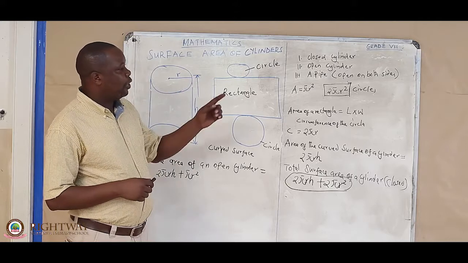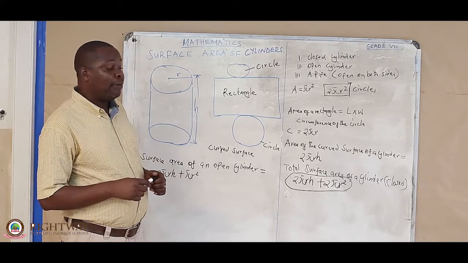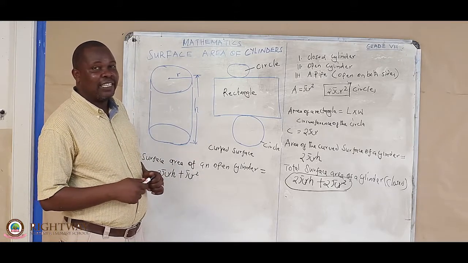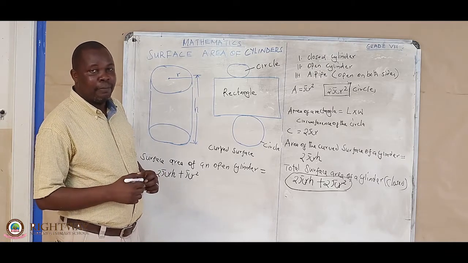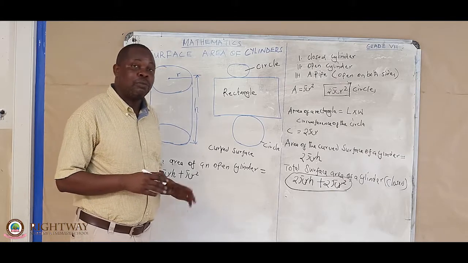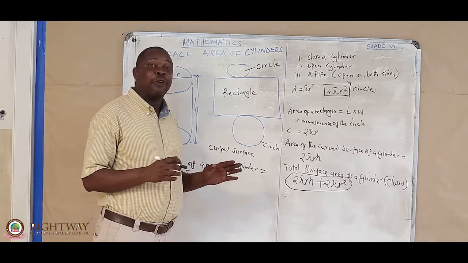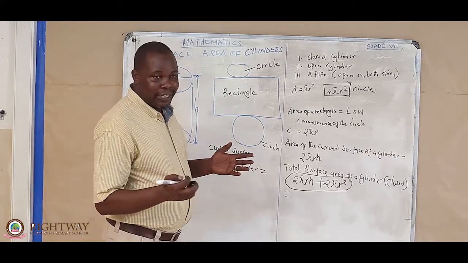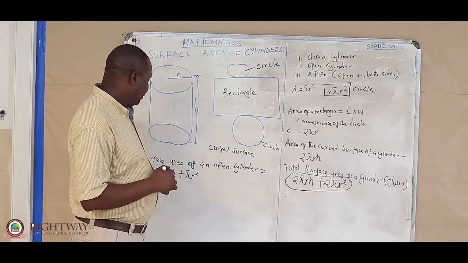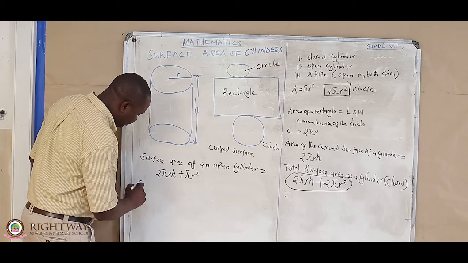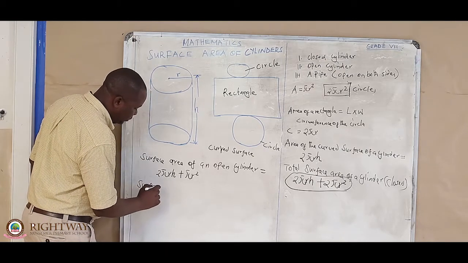Let's see for a pipe. And I remember I told you a pipe is a cylinder which is open on both sides. Both ends, the top and the bottom, are open, they are not there. That's a pipe, you can see through it. And in this case, surface